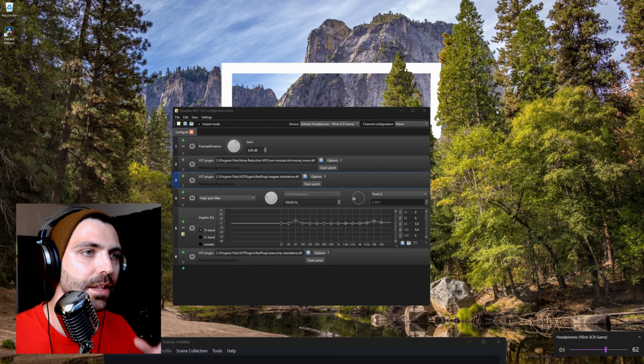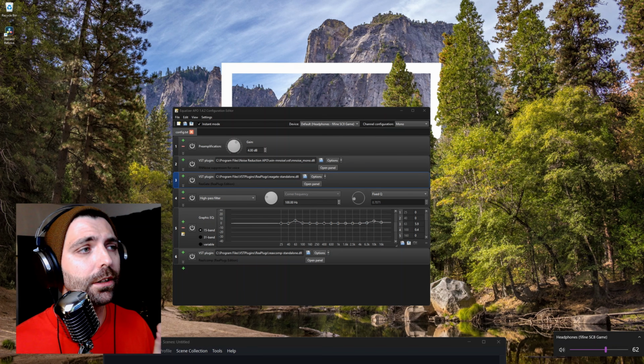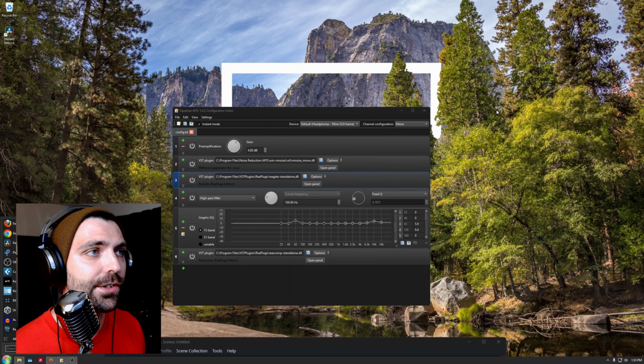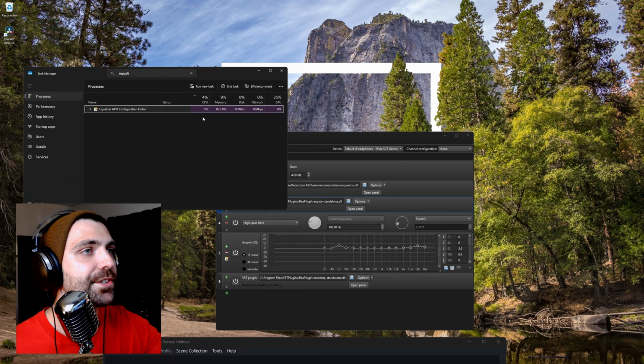The reason why this is the one that I want to recommend people use is because of just how low resource usage it is. This is the resource usage footprint that Equalizer APO takes up on my computer with this full effects rack running. A lot of microphone companies nowadays like Elgato, Shure, Maono, they're all really pushing their